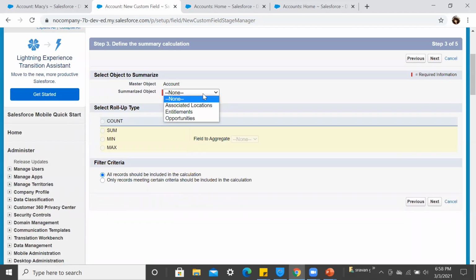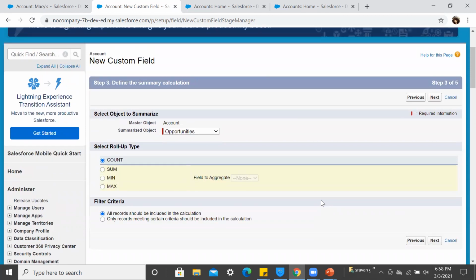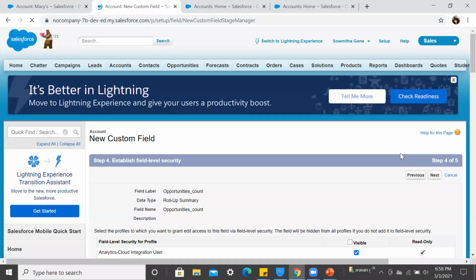Here we can see only opportunities, but there are no contacts under the summarized objects option. This is very important, everyone. Between account and opportunities, we can create roll-up summaries. Between account and contacts, can we create roll-up summaries? No. Only account and opportunities. We can summarize the opportunities data, not the contacts data.